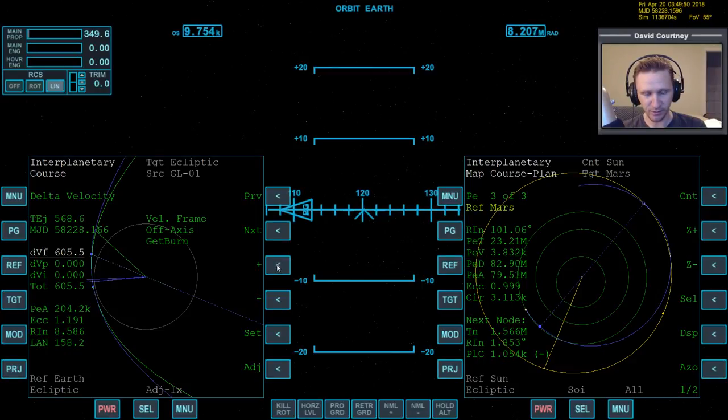So in theory, if I add a little bit extra prograde here to raise the PEA, now I'll come back to the time. Now I'll add in a little bit more time, and in theory it should be a lower number overall. 70 is still the lowest I saw there, but I'm going to add in a couple more seconds out to 94. Now add in some prograde. Now we're down to 68, 77. So it's being a little stubborn. Usually I get better results than this, but